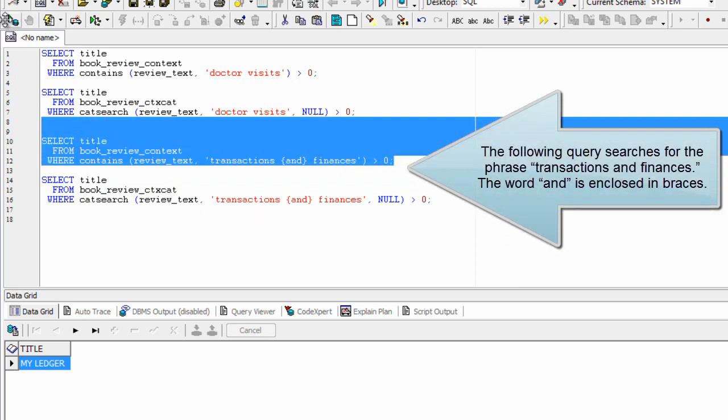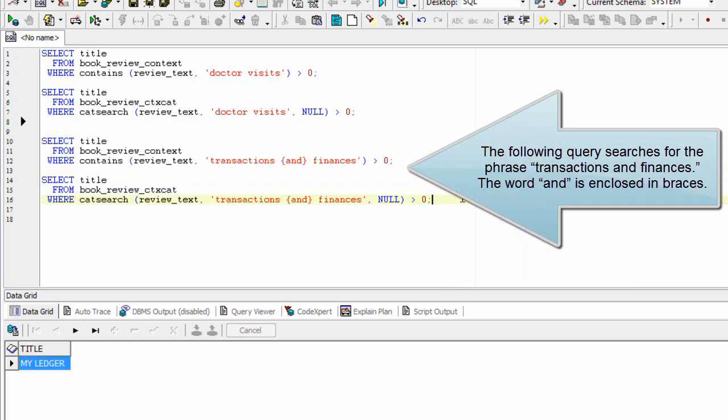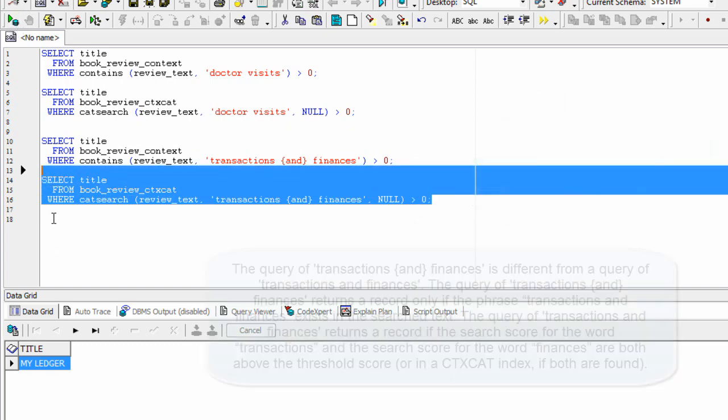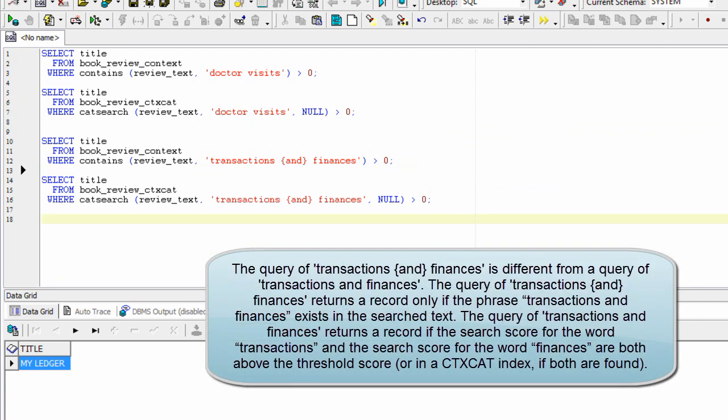The following query searches for the phrase "transactions and finances." The word "and" is enclosed in braces. The query of transactions and finances is different from a query of transactions and finances. The query of transactions and finances returns a record only if the phrase "transactions and finances" exists in the searched